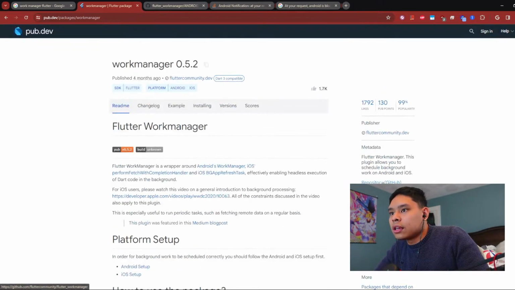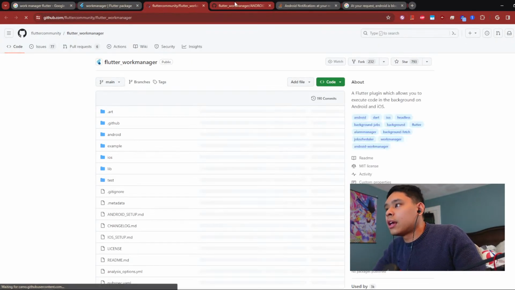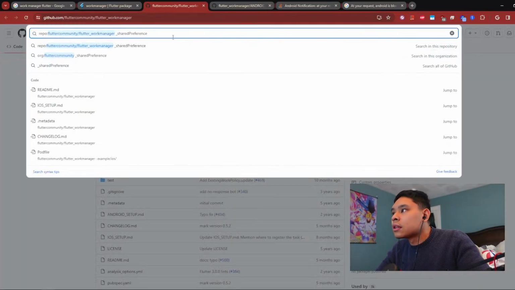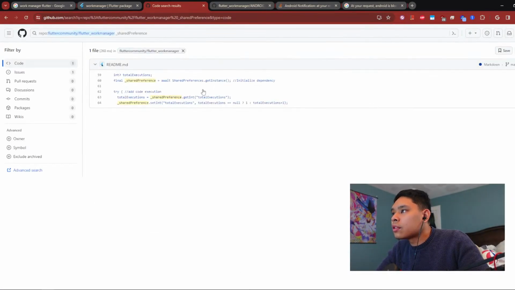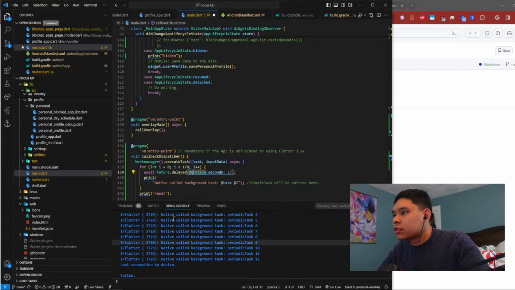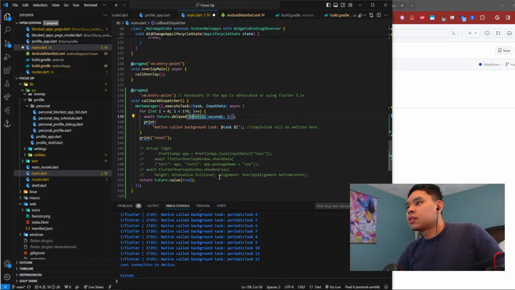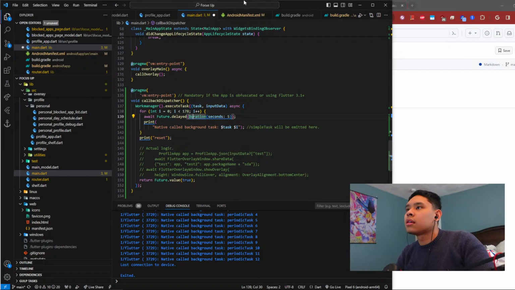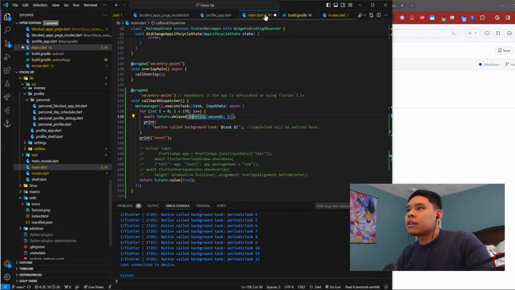Let's go into the GitHub repo and see if we can find how they use this. Readme, execution, get int, total. Okay, so there's no shared preferences. They're actually just grabbing the data. Okay, so if it's just grabbing data here,